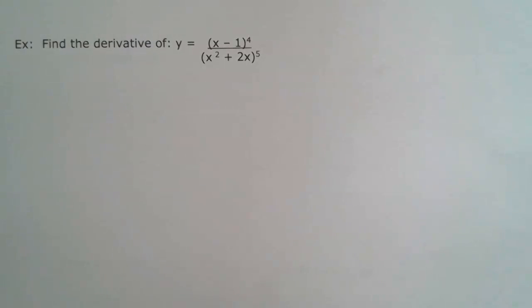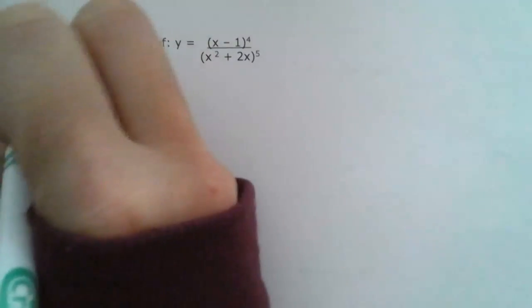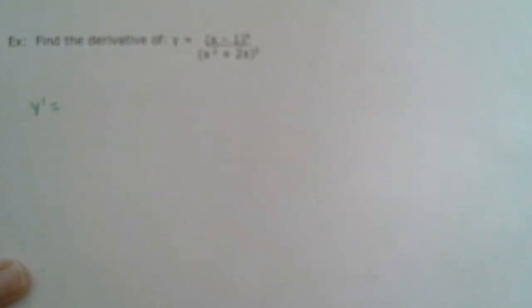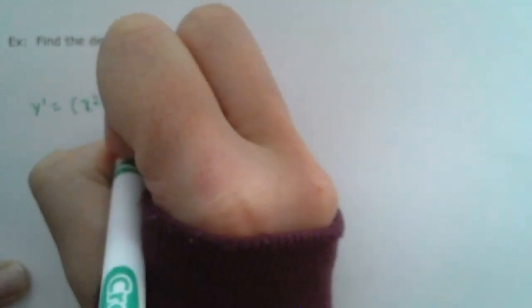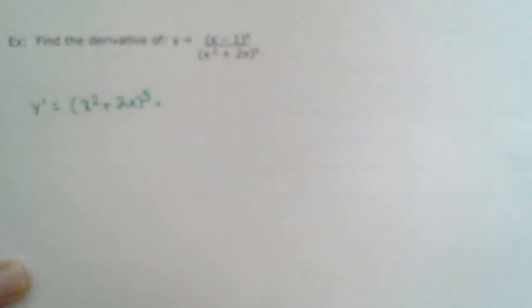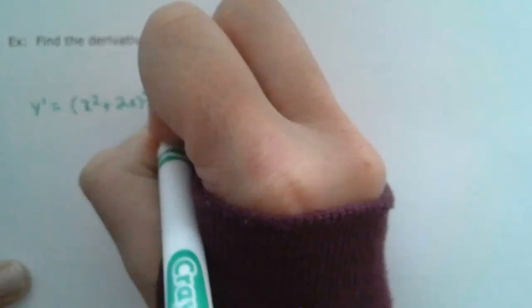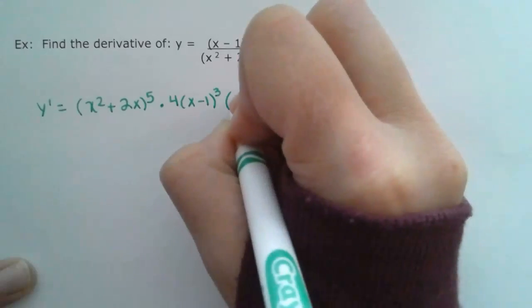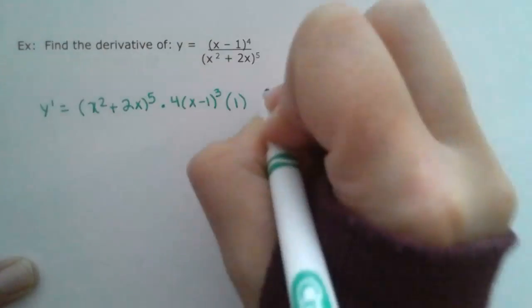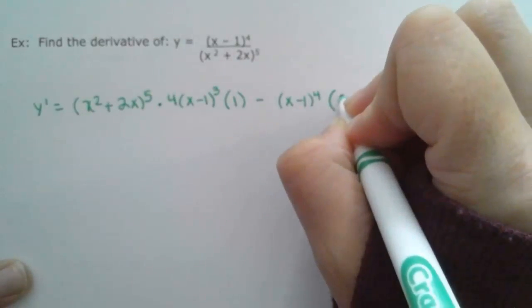All right, and the very last example we're going to look at is a chain rule with a quotient rule. So in order to find our derivative, we're still going to apply the quotient rule. So it's Hody high. So now it's just the derivative of the top using the chain rule. So 4x minus 1, take 1 away, you get 3. Derivative of x minus 1 is 1. So Hody high minus high